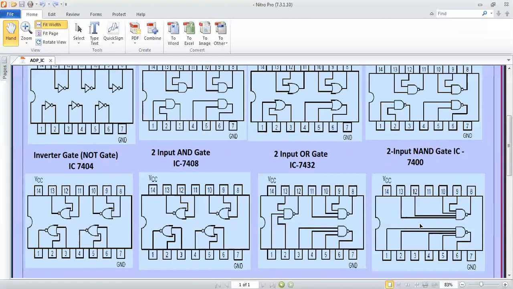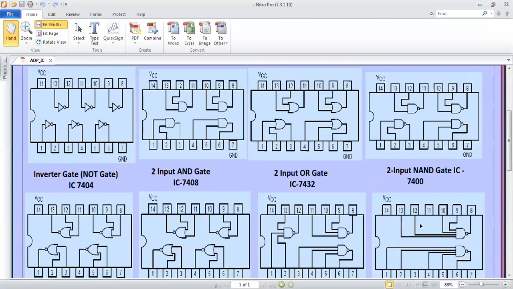We can consider it a leg or we can consider it a pin, and we can mount it over a breadboard or over a PCB. Then we can connect pin 7 for ground and pin 14 for plus 5 voltage, and we can take wiring with pin number 1 to provide input and pin number 2 to generate output. We can connect an LED over here to get output, whether the output is high or low. If the LED glows, then we can say output is high. If the LED does not glow, then output will be low.